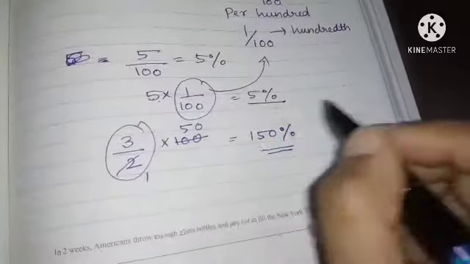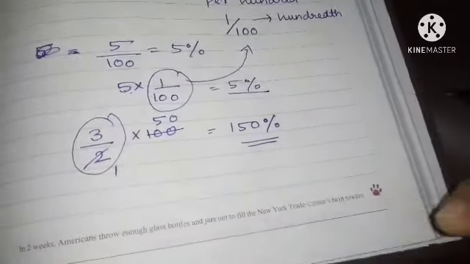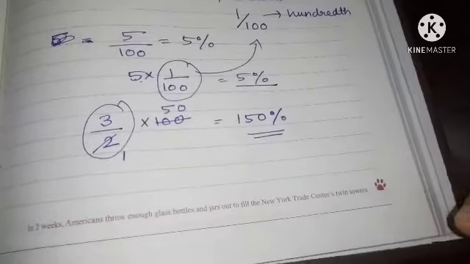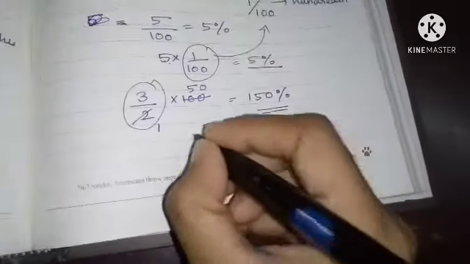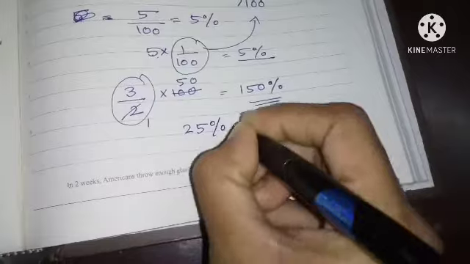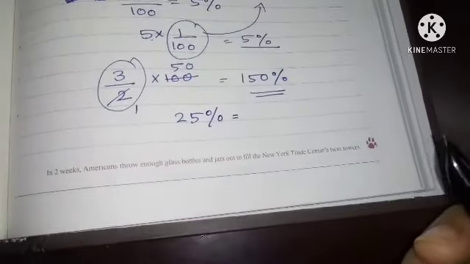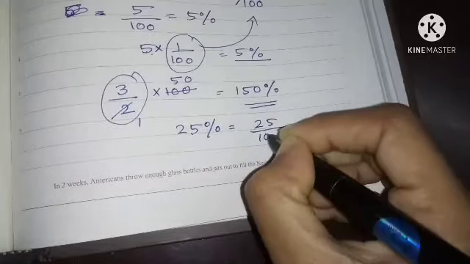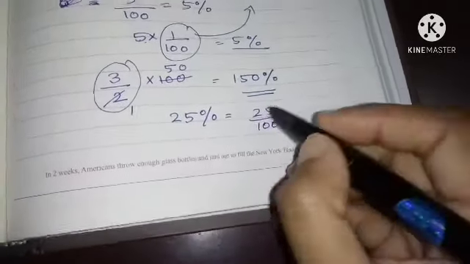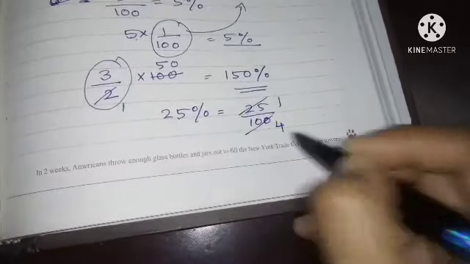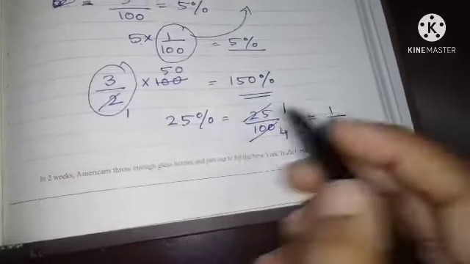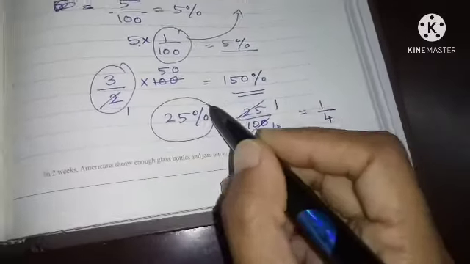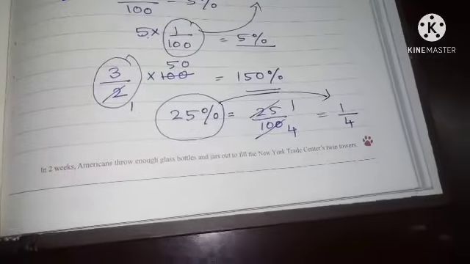Okay, next, they will give you the percentage, and we should write the fraction, or we have to write the decimal number. For example, 25 percentage means you are supposed to represent that in fractions. How will you represent it? 25% means 25 by 100. Again cancel: 25 ones are 25, 25 fours are 100, so 1 by 4. So I am writing 25% as 1 by 4 as one of the fractions.